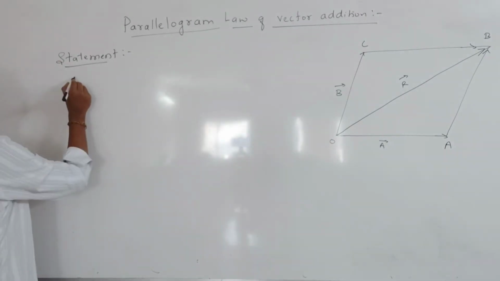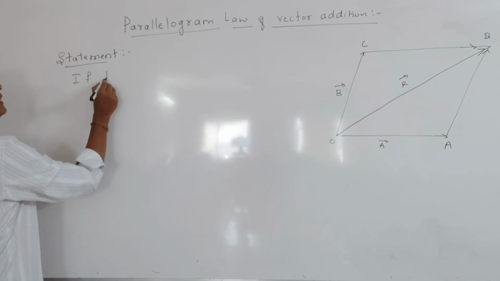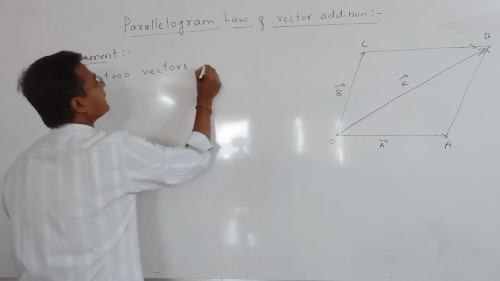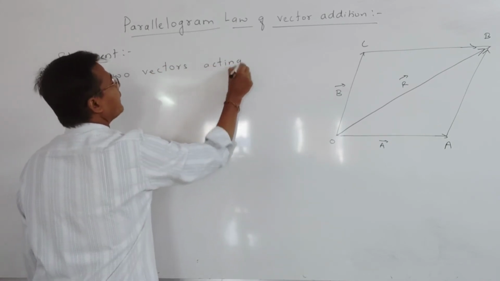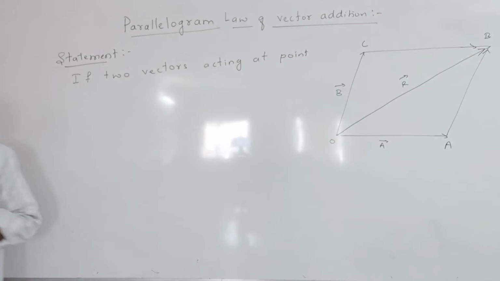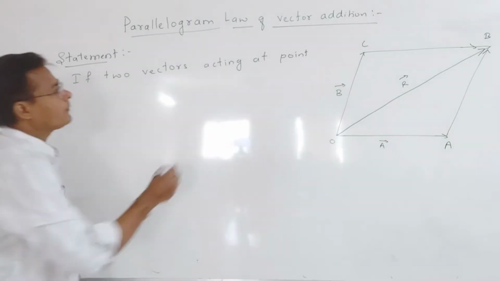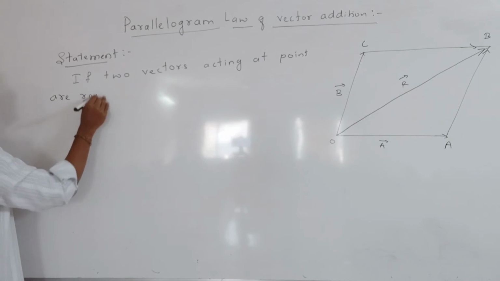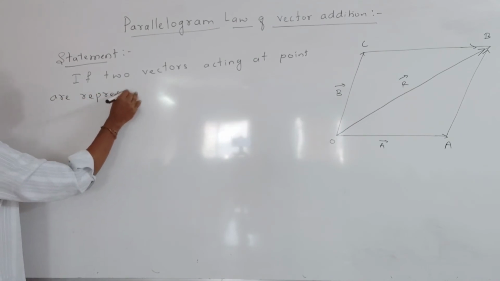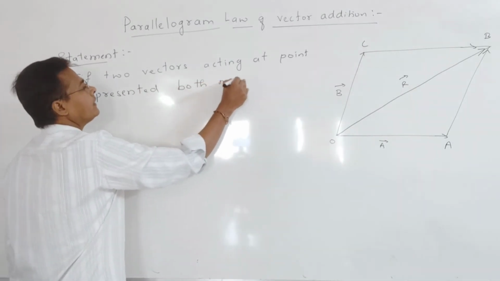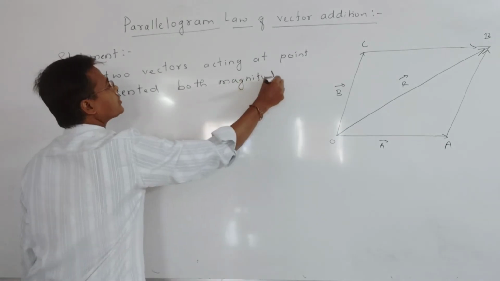Now see, if two vectors acting at a point are represented both in magnitude and direction